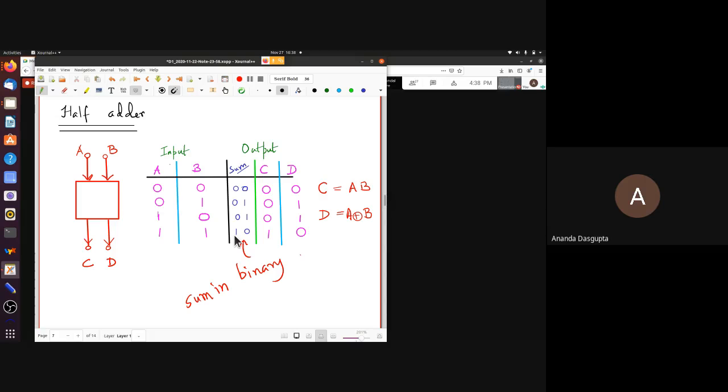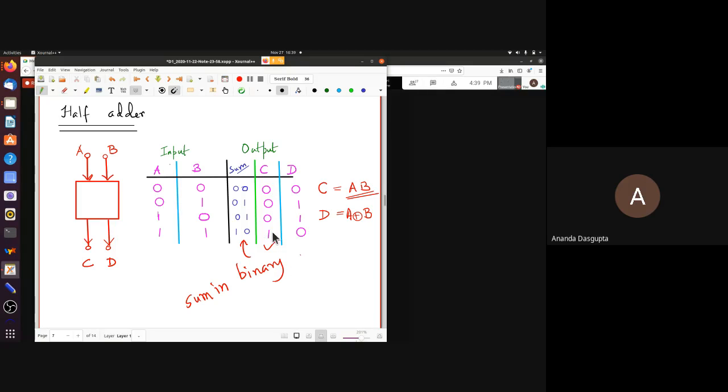This is of course the same thing that you did a long time ago when you added decimal numbers. There, say 3 and 4 did not give you a carry, but 3 and 8 gave you a carry of 1. So the carry of 1 happens whenever a single bit can no longer hold the sum. And this is the output. This is a sum, which I've written as D here. And now you can easily read off what C and D are, right? C is simply